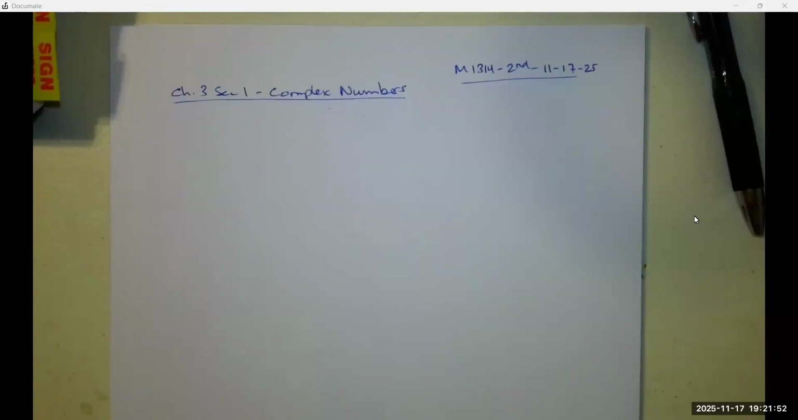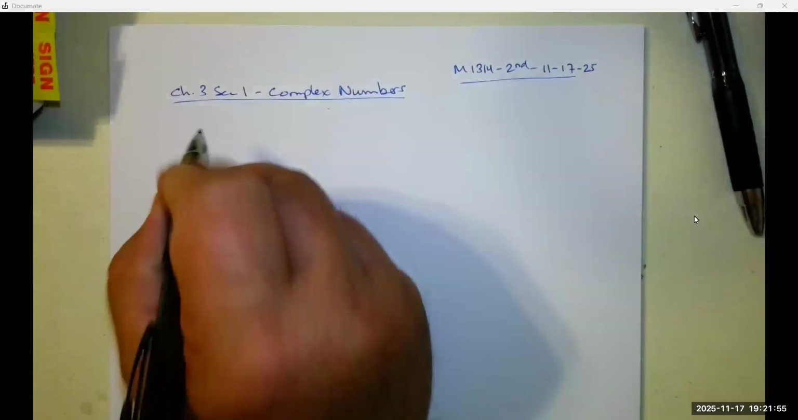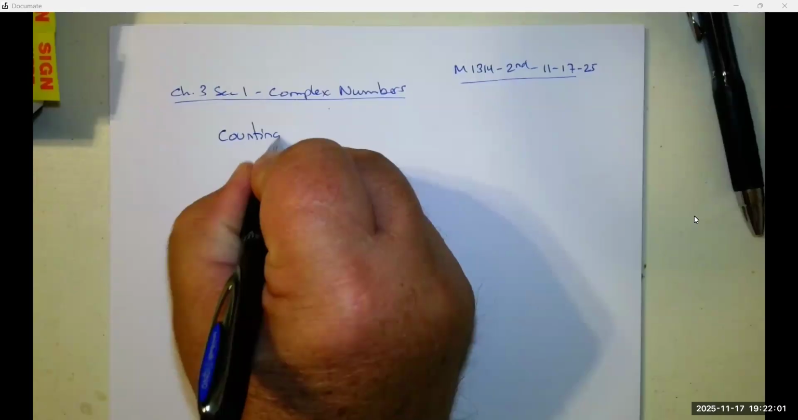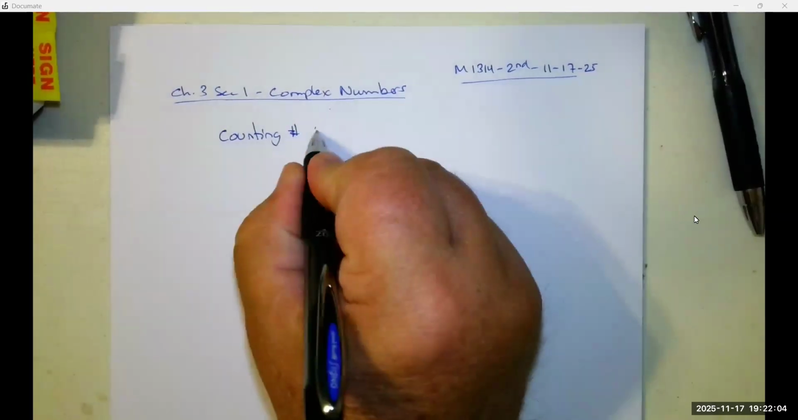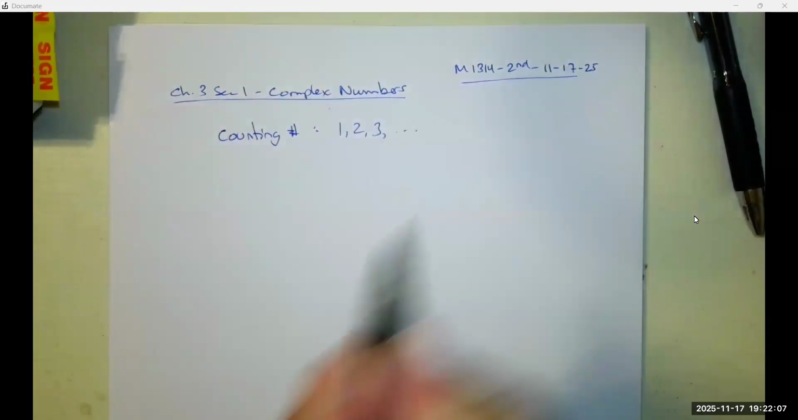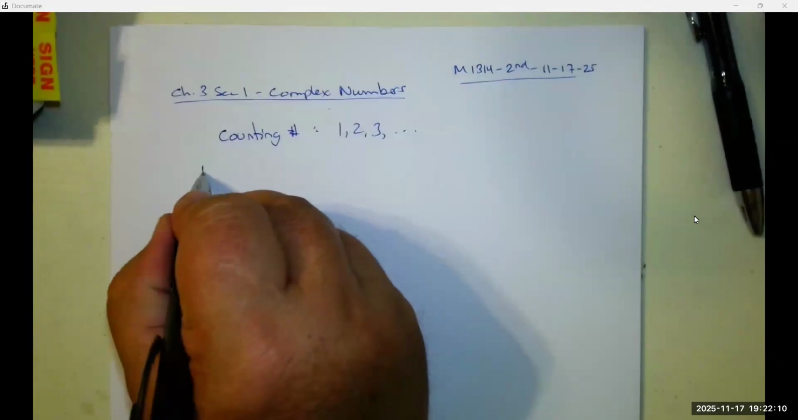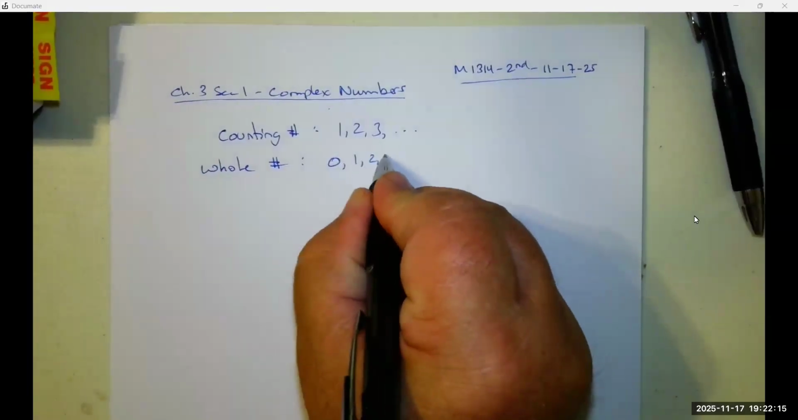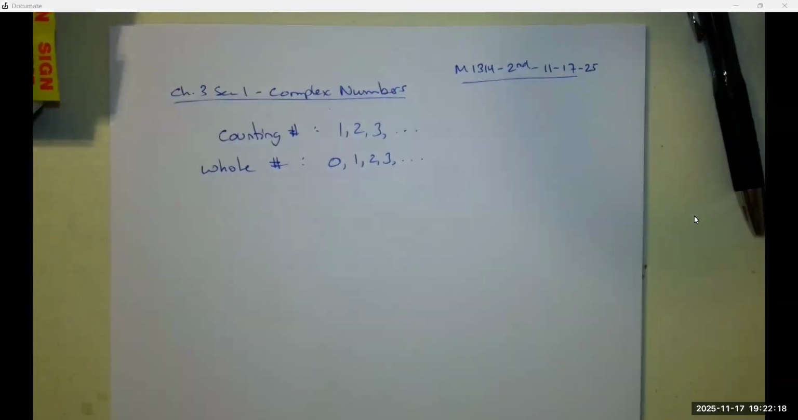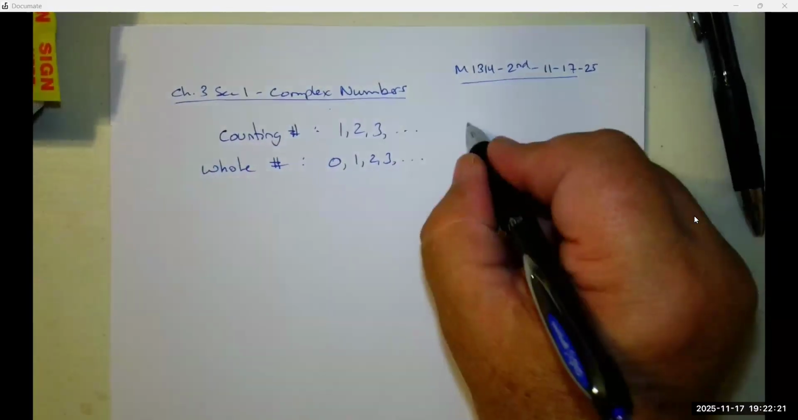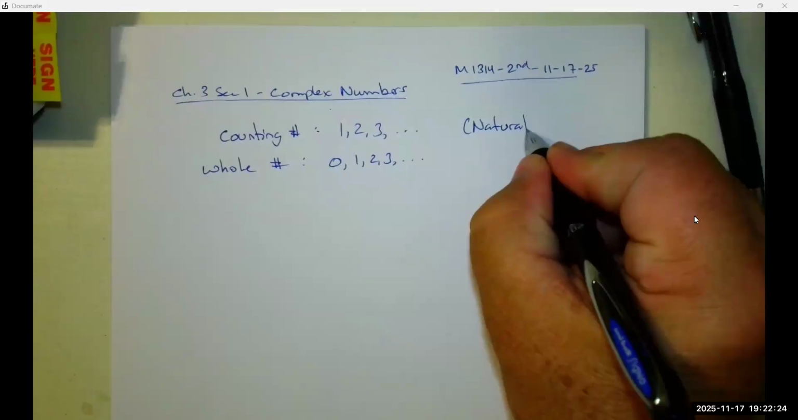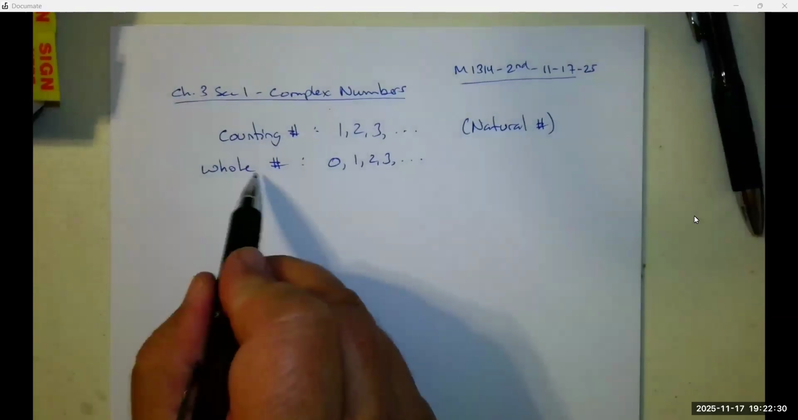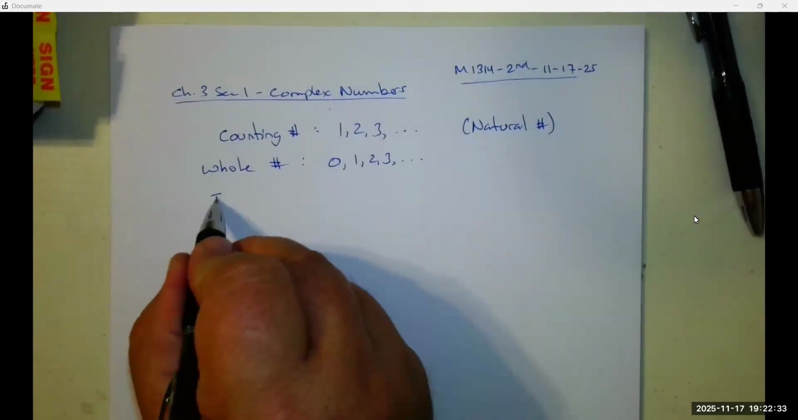Up until now, we've looked at the number system. We started off with counting numbers, which were one, two, three. Then we moved on to whole numbers. Start off with zero, one, two, three, and so on and so forth. Another name for those are natural numbers. I'm sorry, the counting numbers are the natural numbers. Then we move on to whole numbers. Then we moved on to integers,